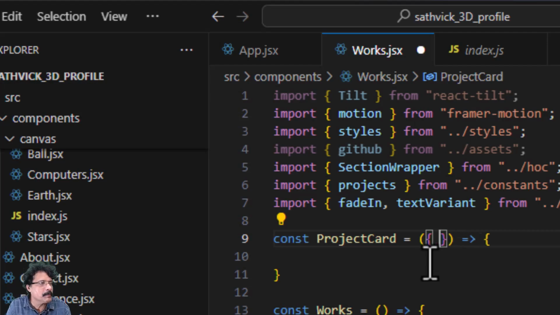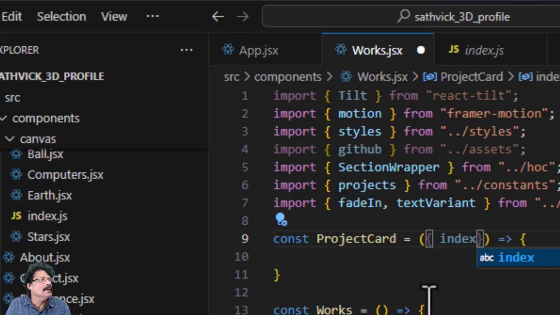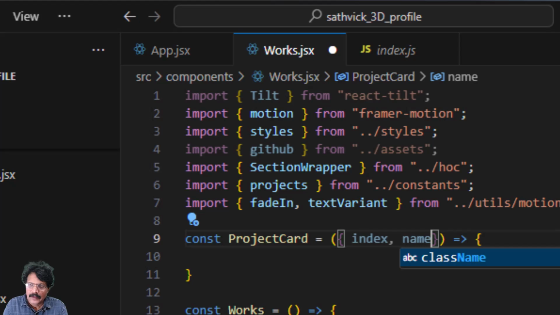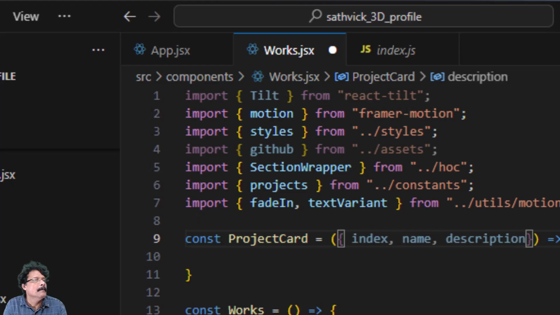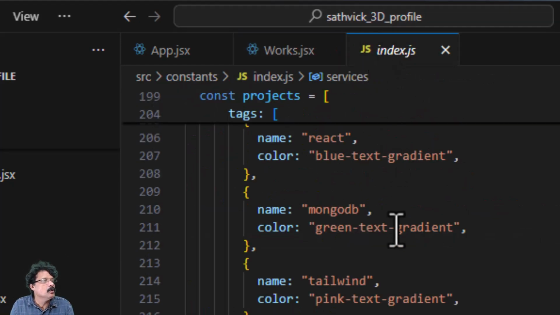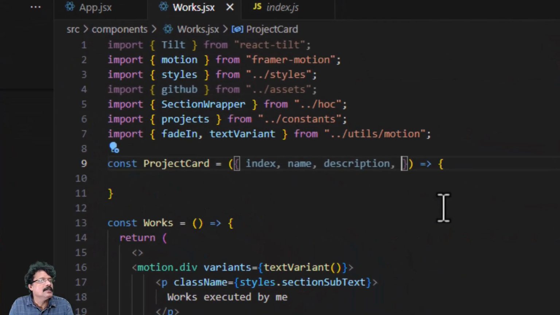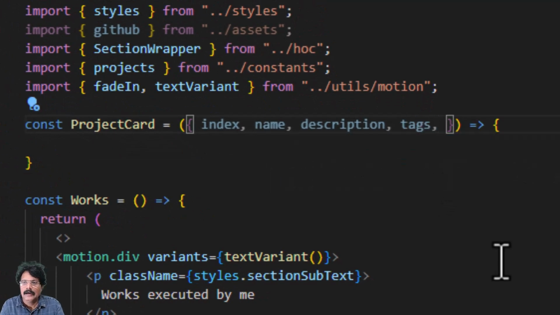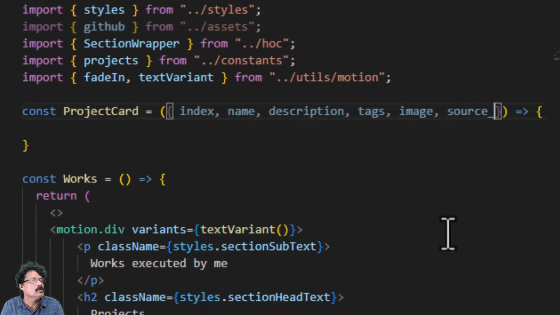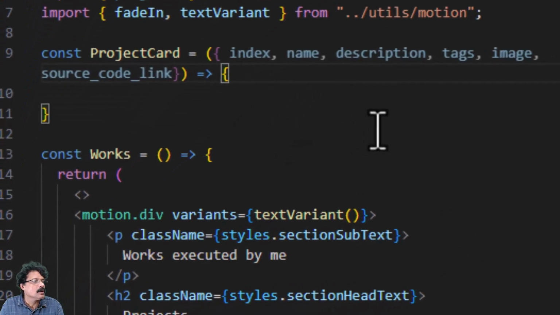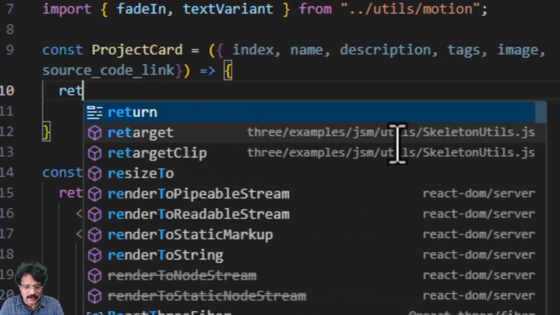I will add a flower bracket, and the first thing I am going to call is index. I will add a comma. I will then import name and comma. Then I am going to import description. Okay, be careful when you type. You can directly come to index.js and you can copy it directly from here. Okay, so after description, the tags, comma, then I am going to add image, comma, then I am going to call source code link. So importing all these things, now coming inside this flower bracket, this is going to return